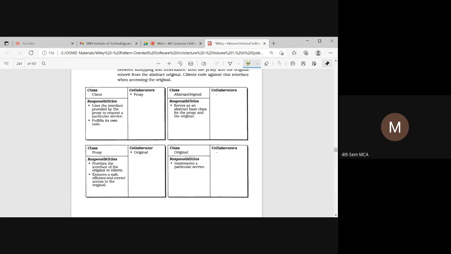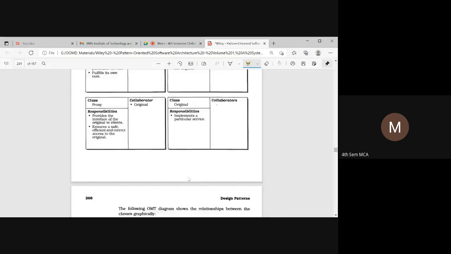Next, the abstract original serves as an abstract base class for the original. Next, we have a proxy class, which provides an interface to the original client. It is going to have access to the original. In the original, it implements the actual services.